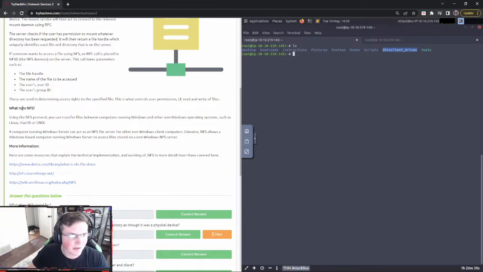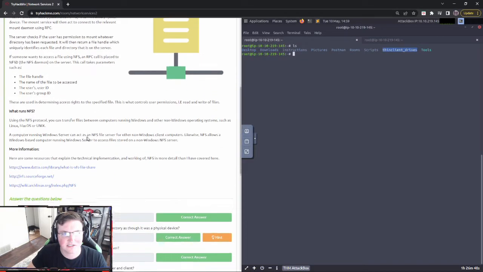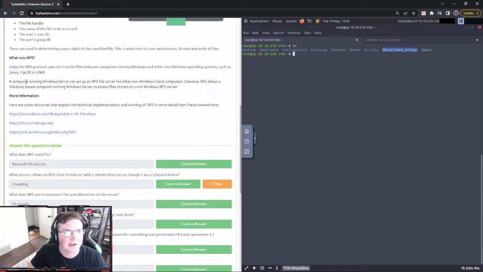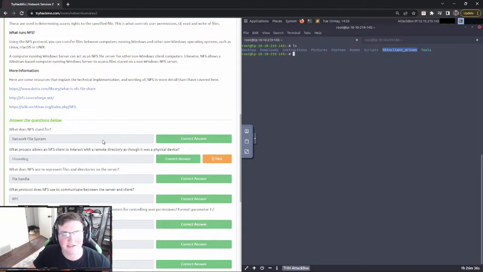I'm not going to read all this, guys, because you can read that on your own. Now, what runs NFS? You can see it's Linux, Mac, or Unix, and then Windows. So pretty much every computer. That's good to know, because it's important to know what systems can run what. This is kind of what Nmap does for you sometimes when you're doing service detection.